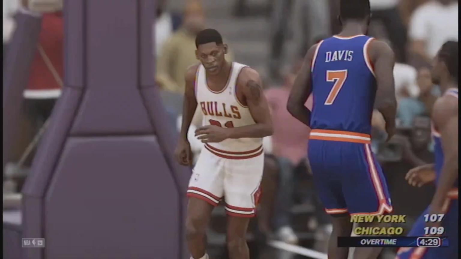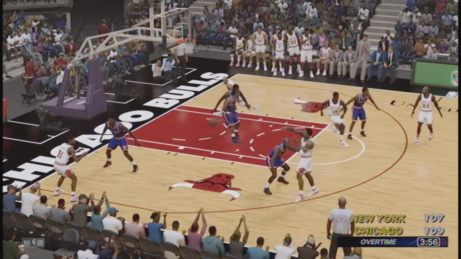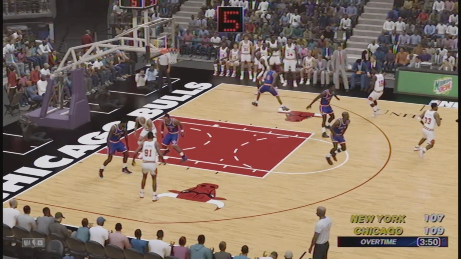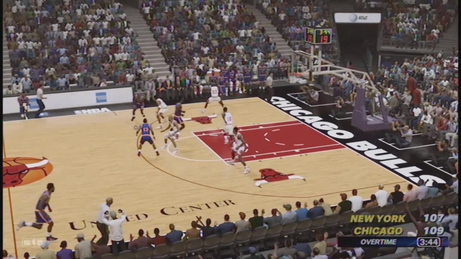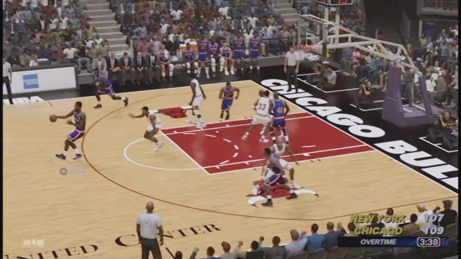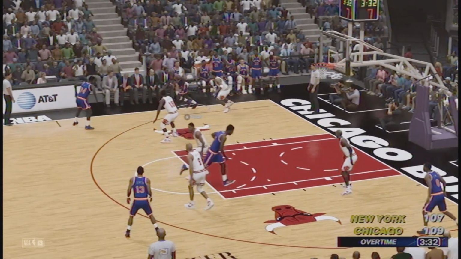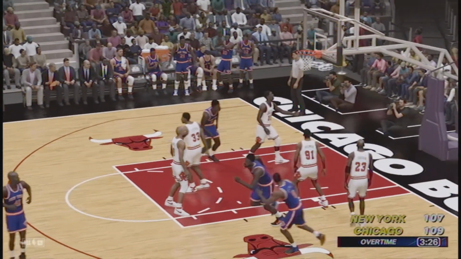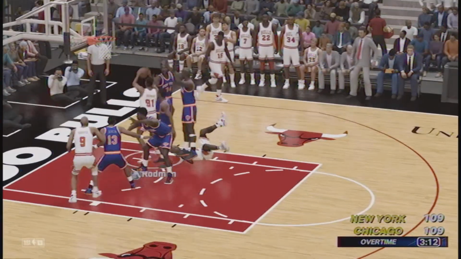And here's an alley-oop to Dennis Rodman by Michael Jordan. Now Scottie Pippen has the ball. The Knicks down by 2. Rodman to Ron Harper. Loses the ball. Knicks running up court. And now let's see what they ultimately end up doing here. Mark Jackson passing the ball. Ball finds its way to Oakley. And now we got Glenn Rice to Oakley, making the basket for the Knicks. Tie game.